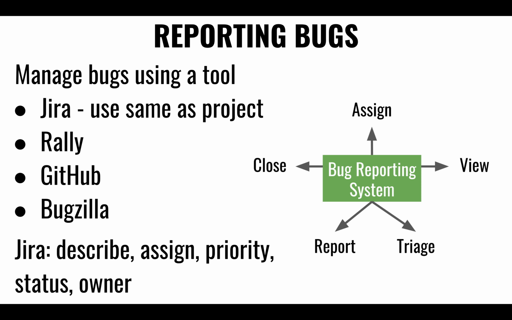Ideally, you would be using a tool that you are already familiar with, that you're already using for other parts of the project. For instance, we might be using Jira, since we're already using Jira to capture and manage our issues for documentation purposes and to manage the life cycle. Certainly, it's a good choice to capture bugs and defects, but there are other choices too. We'll be using Jira for describing, assigning, and identifying the priority and the status, and we're going to move these bugs through different statuses: assigning them, viewing them, triaging them, reporting, and then closing them.